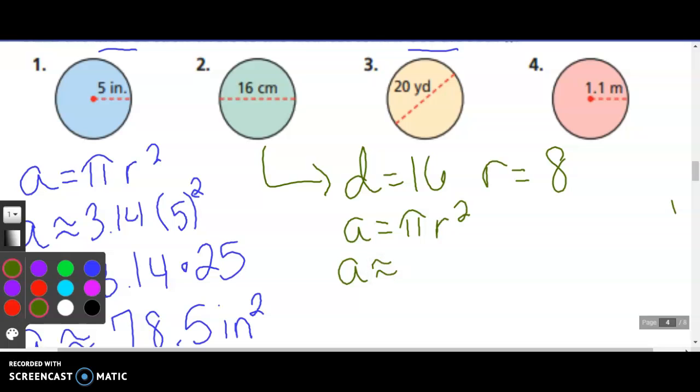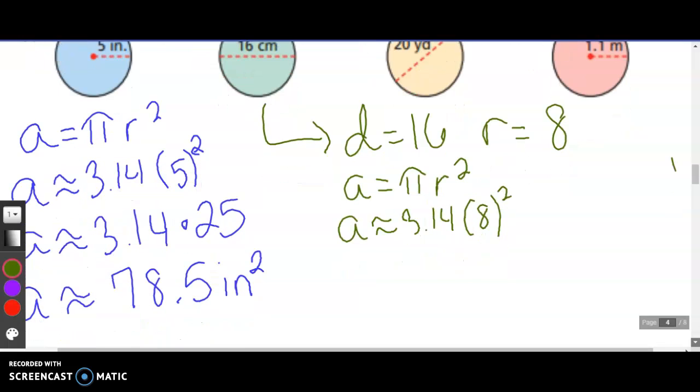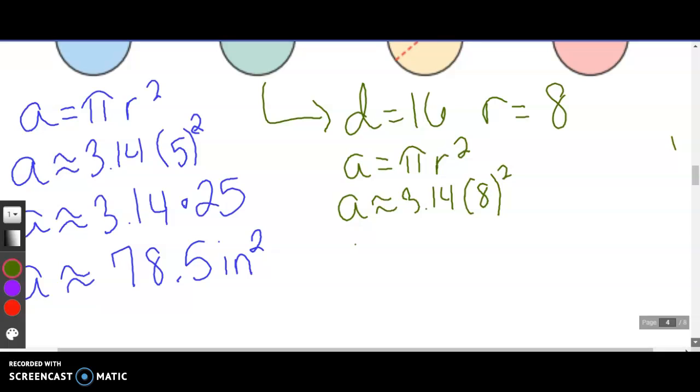Area is approximately 3.14 times 8 squared. I have to do my exponents first, so I'm going to do 8 squared. 8 squared means 8 times 8, just in case you forgot. You can use your calculator to do the squared if you want, but it is good to know that. And then area is approximately